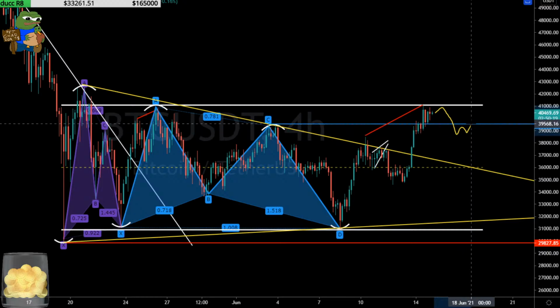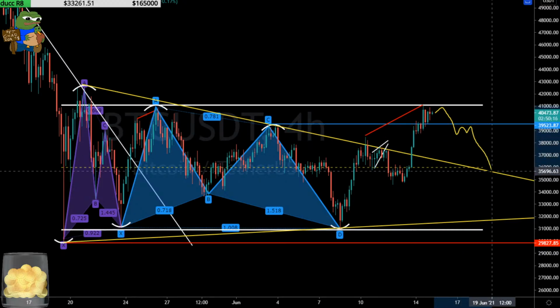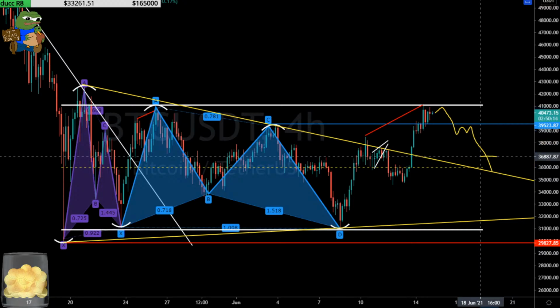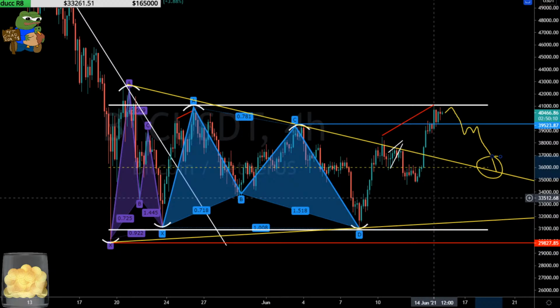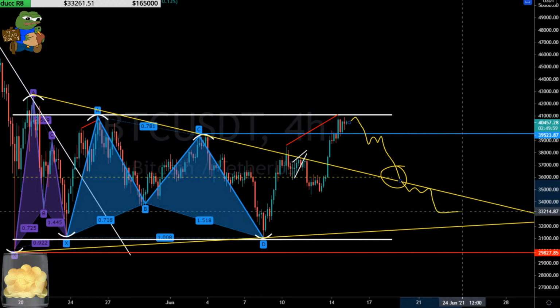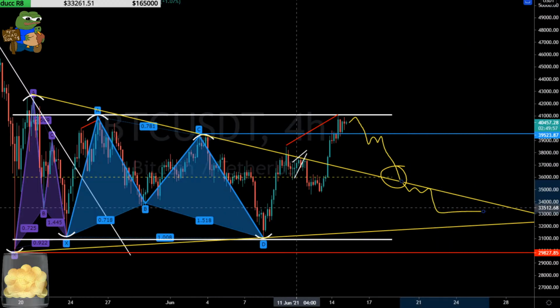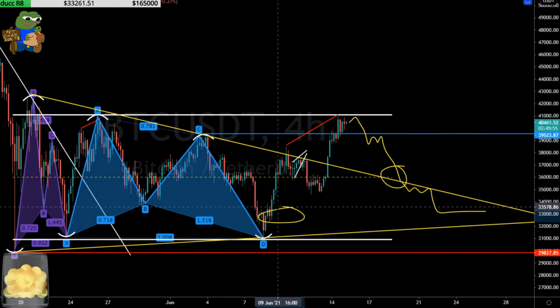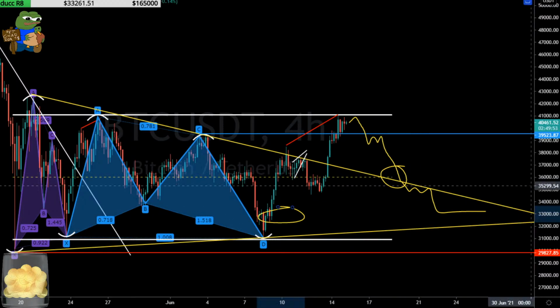So something to be aware of, if we fail to breach 41 and we fall back below 39.5 as resistance, then that's where you see this 36 area. Now, if 36 then fails, right? Say 36 just doesn't hold and you fall into this, that's where we could still see that 33 area, okay? We have this square up area down here that we still haven't dealt with either, okay? So, again,